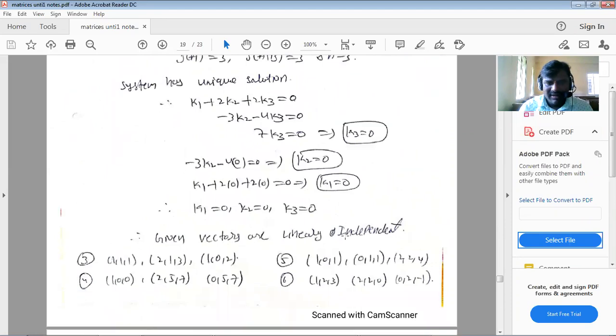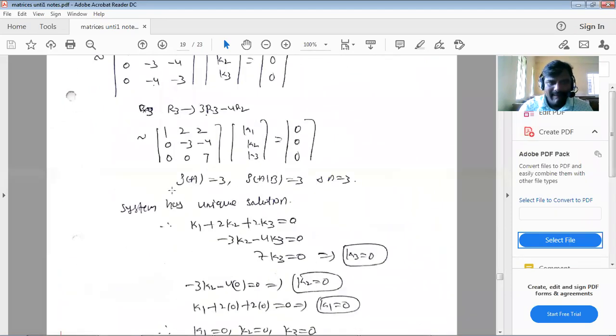Now you have to observe, if rank of A is equal to the number of vectors, then we can say that the given system has linearly independent vectors. If rank of A is not equal to the number of vectors, what can you say? It has linearly dependent vectors. One of the shortcut methods here: rank of A not equal to 3 means always less than the number of vectors. We have infinitely many solutions. In those infinitely many solutions, there are solutions other than 0 also. Because of that reason, the system has linearly dependent vectors.